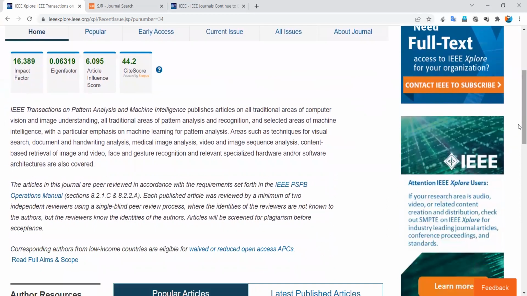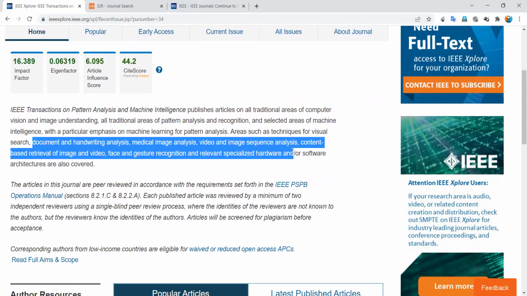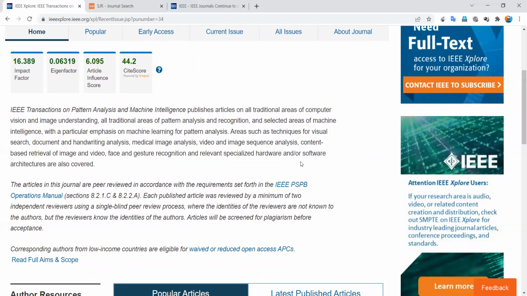Okay, coming down, and here obviously machine intelligence is quite useful in the field of handwriting analysis, medical image analysis, video and image sequential analysis, content based retrieval of images and videos, then the gesture and the face recognition, etc. Okay, so all these things are already in the scope of this particular transaction. Additionally, this transaction considers the articles which have gone through the peer reviewed process in accordance with the requirements